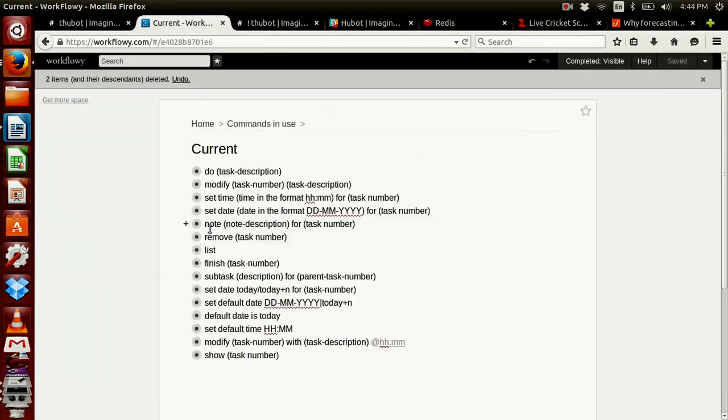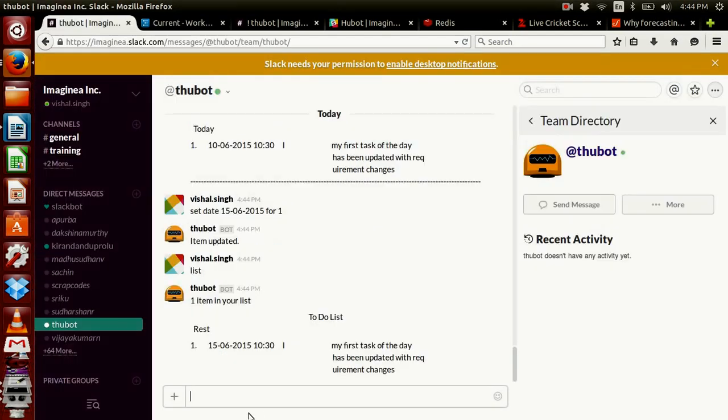Next command that we are going to see is the note command. If you want to add any comment for any task, you can add a note. This note will not be visible through list command. We have to use another command. I will show you that, but first let me add a note.